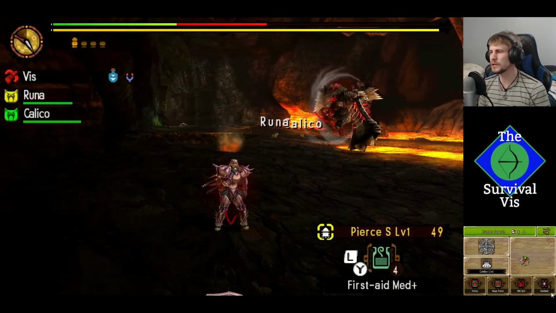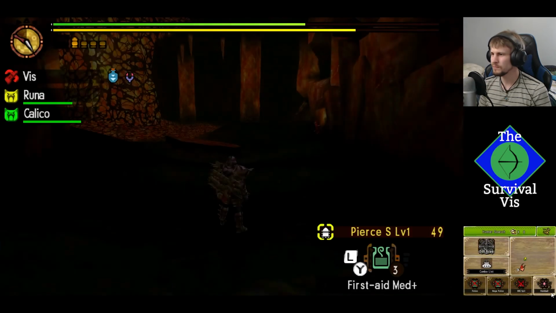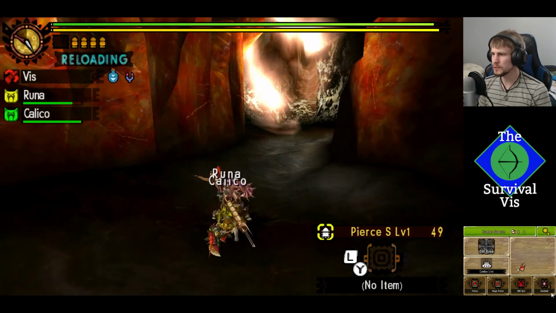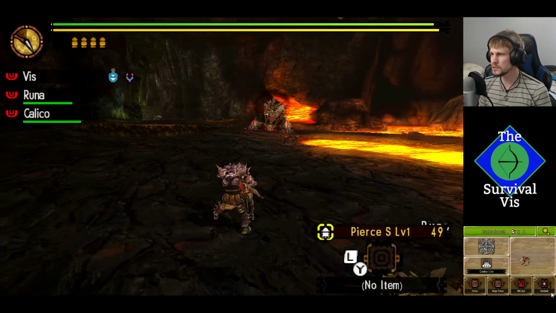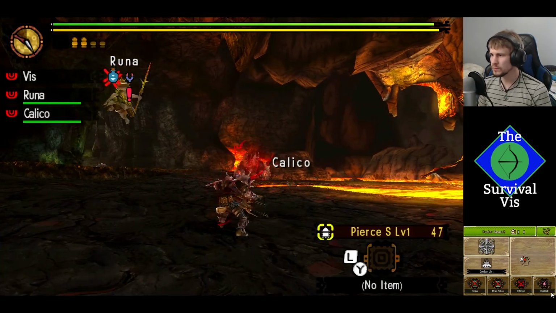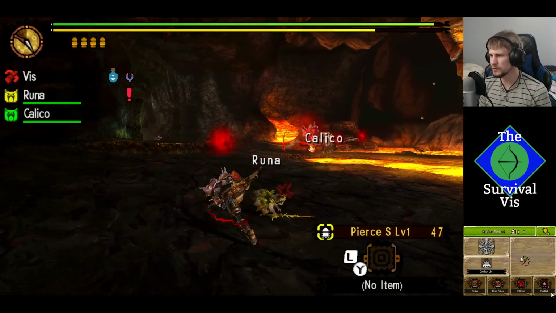Oh, I don't feel like we should have been hit by that one. Okay, and we're down to Pierce 1s. We also don't have a lot of healing left. Okay, so he's close enough to need to rest, but I don't know if I try a trap. Regular Zinogre can't be trapped by shock traps at, like, his full charge, but I don't know if that holds through for...